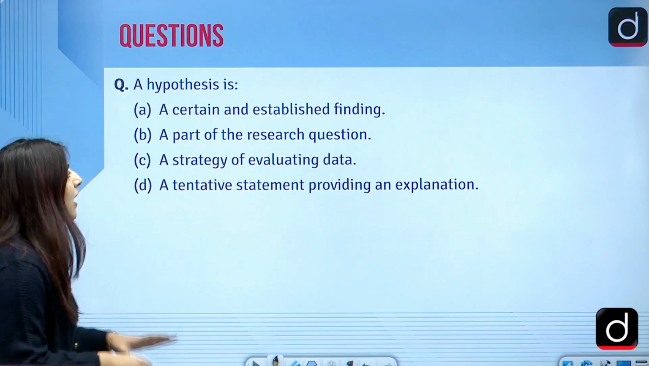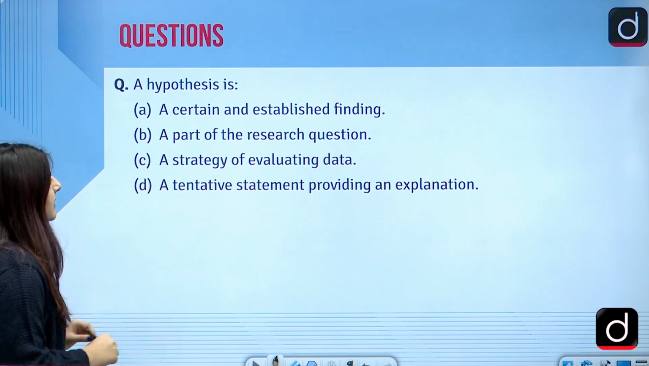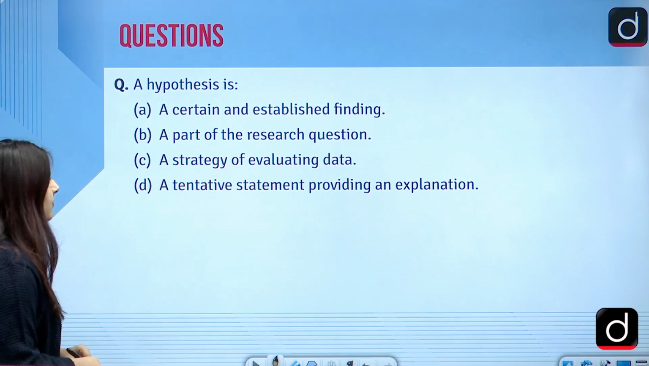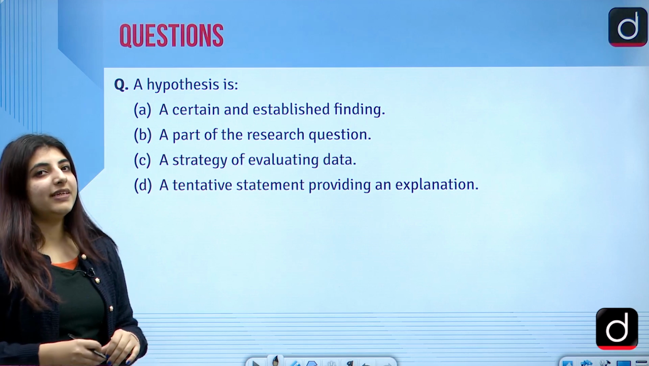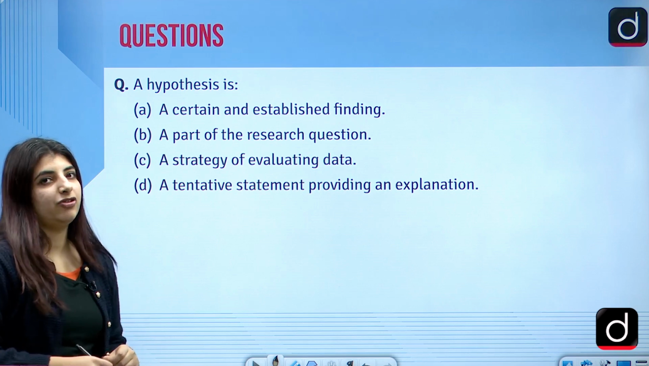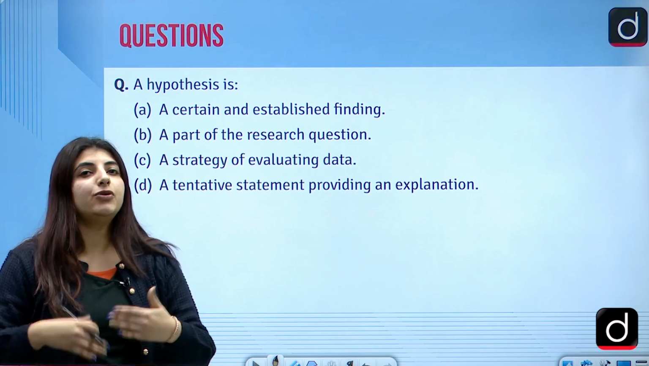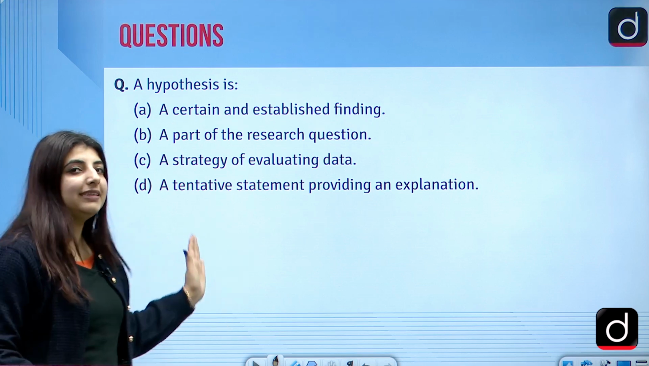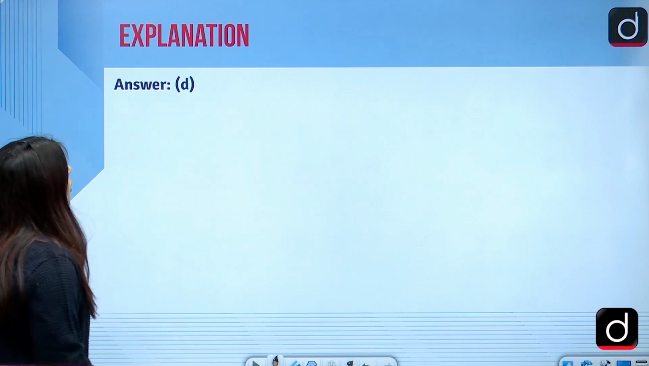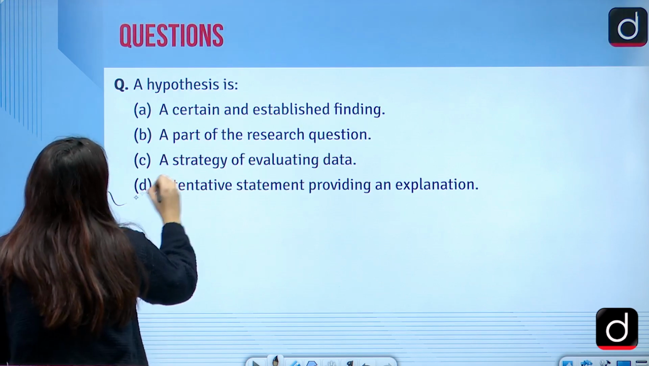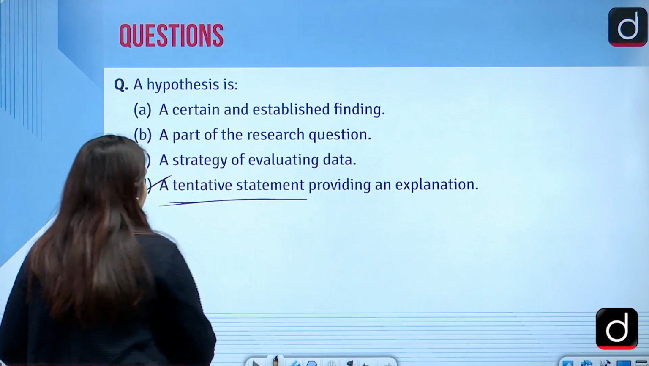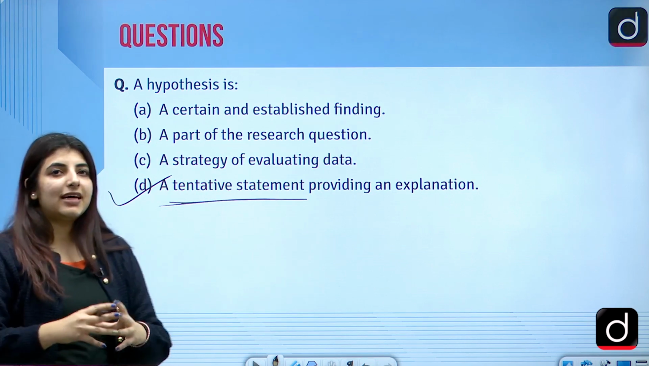What is a hypothesis? Is a hypothesis a certain and established finding, a part of the research question, a strategy of evaluating data, or a tentative statement which provides an explanation? As always, I would like to request you all to pause your videos here and see what you think is the answer. So, the answer to this question is option D. A hypothesis is a tentative statement providing an explanation, right? How is that? Tentative means a temporary